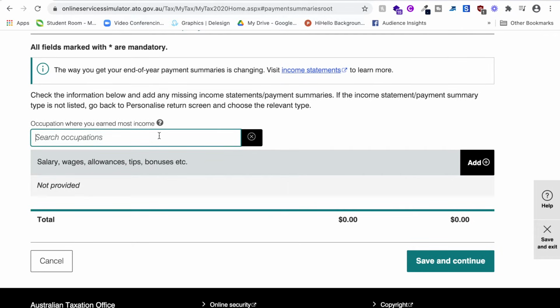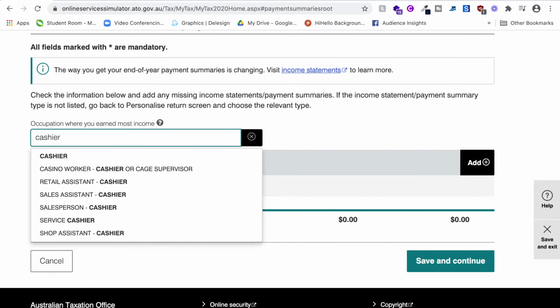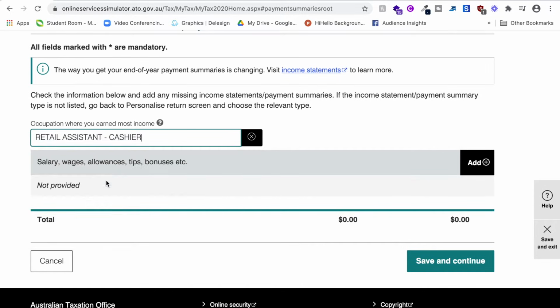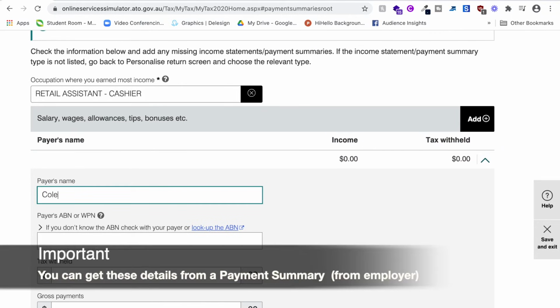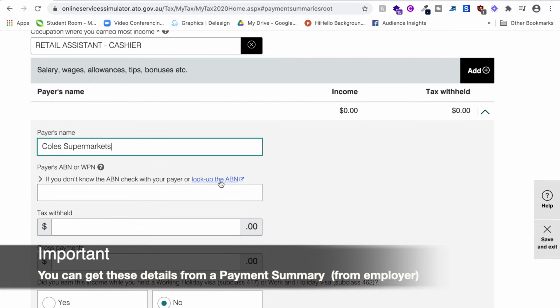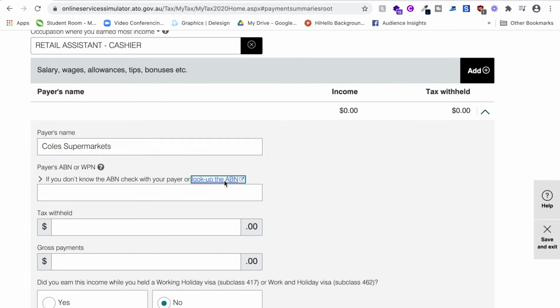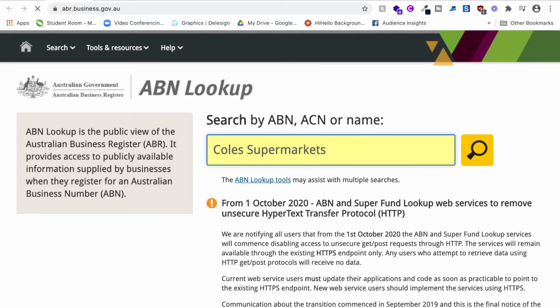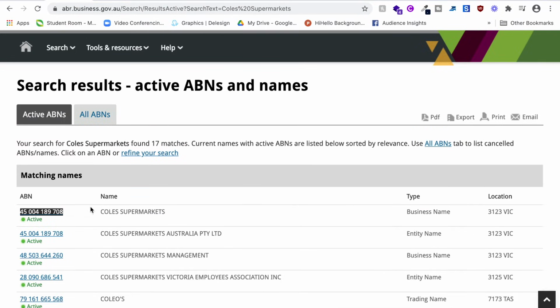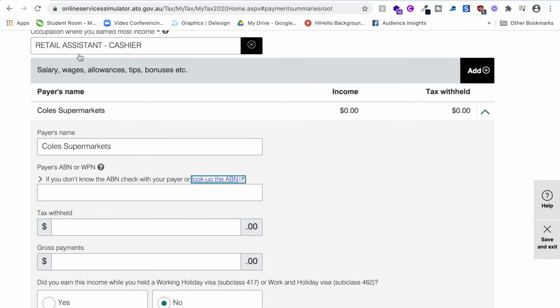Now as we discussed earlier that this person worked in Coles supermarket as a cashier, so we will look for cashier, retail assistant, yeah, cashier, and we'll add our salary. So the person's working for Coles supermarkets. You can look up the ABN of Coles supermarket as well. So in this case we can quickly look up ABN of Coles supermarket. You can copy this ABN number,